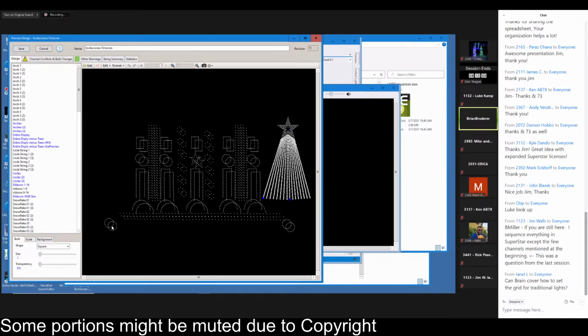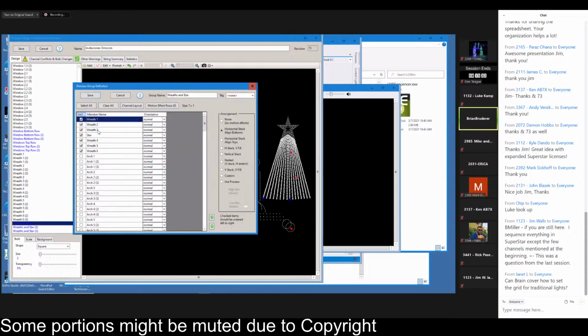See, that's considered a what? A wreath. Okay, yeah. So I put all of his wreaths in one group. If we go into the wreath group, I call it wreath and star. You can see I made a group with all the wreaths in it, and then the star, and then I made it a horizontal stack, because